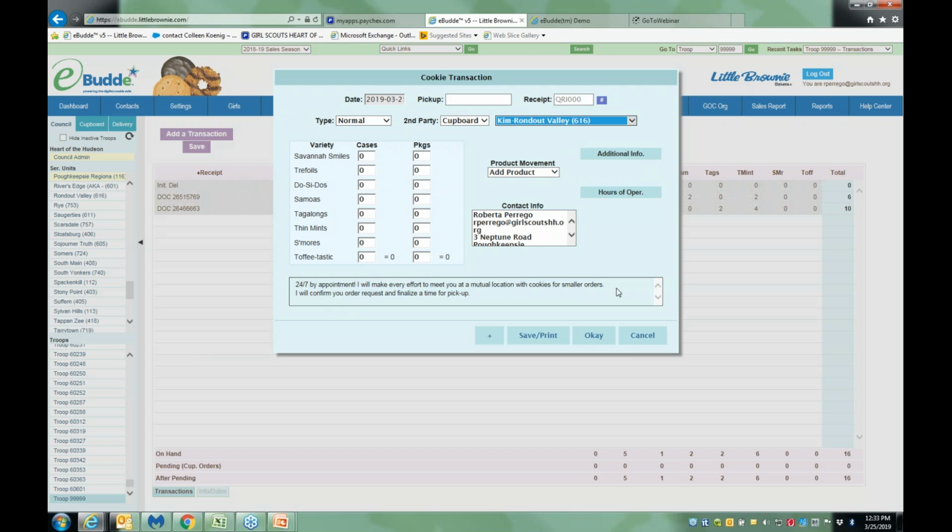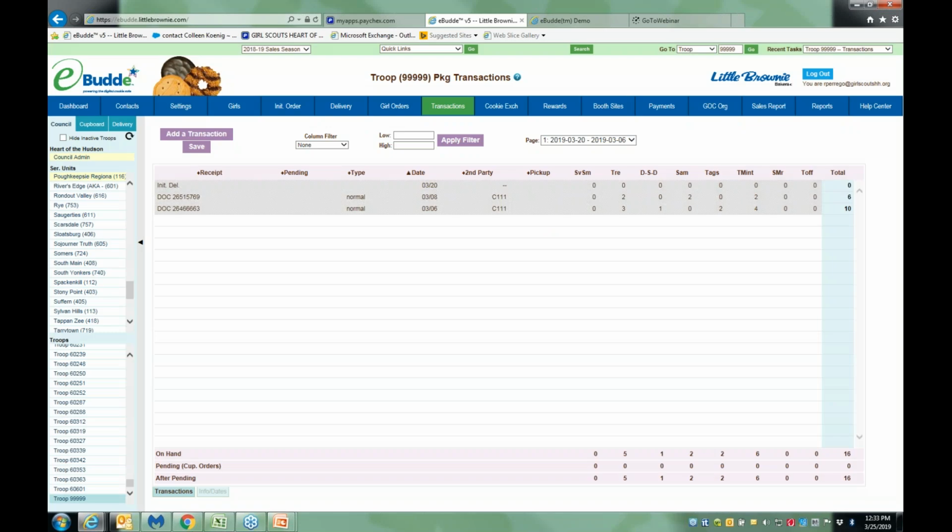By appointment, I will make every effort to meet you. But is there additional information? No. Oh. Okay. So I guess that cupboard person is going to have to get in touch with you, unless we can ask them to put a way to contact them in there. But then again, they might prefer to make the contact themselves. So, okay. Let's go back to